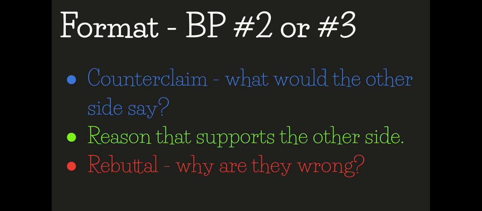Then, where it says the rebuttal, here's where the important part comes in. Here comes where the debating comes back in. It's you responding to why that other side is not valid. Why are they wrong? So here's what you believe. I acknowledge that you believe something different than I do, but here's why that's not valid. Here's why that's wrong. And that's where the argument and the debate continues after that. So those are the 3 parts of the body paragraph, 2, like I said, or 3. This could be in a separate body paragraph by itself. Here's the 3 different parts that you want to include in that body paragraph, okay?